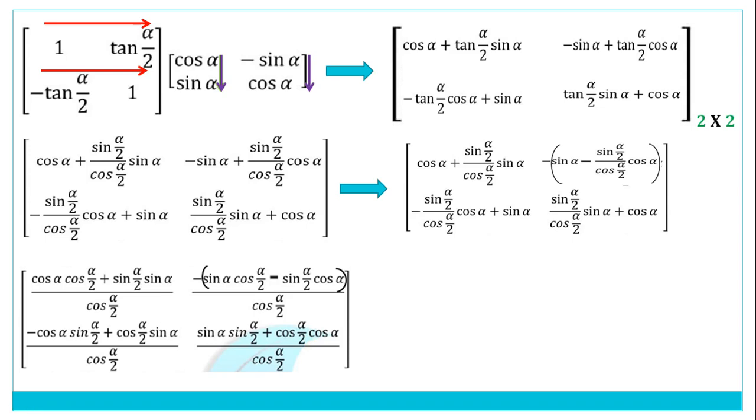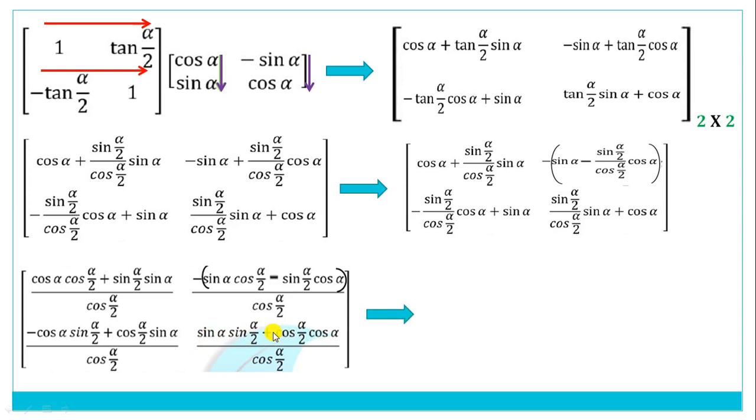Okay, now I can clearly see that something like this is alpha and alpha by 2. Let me forget them for a while. I will call them A and B. So this looks like cos A cos B plus sin A sin B, okay. Cos A cos B plus sin A sin B. So I think this looks like the formula of cos A minus B, and the same is true for here. Sin A cos B minus cos A sin B, and this looks like the formula of sin A minus B. And the same is true for here. We'll get some formula here, and the same is true for here. We'll get some formula here.